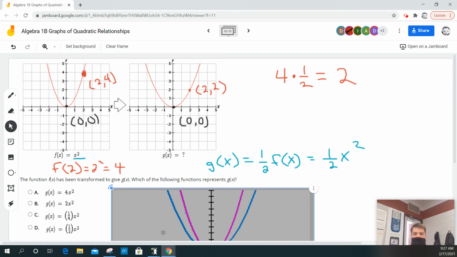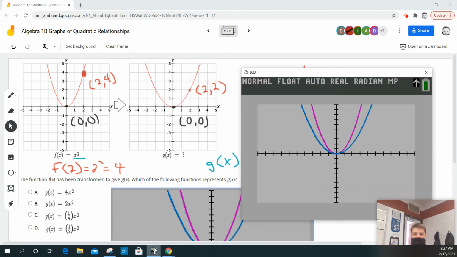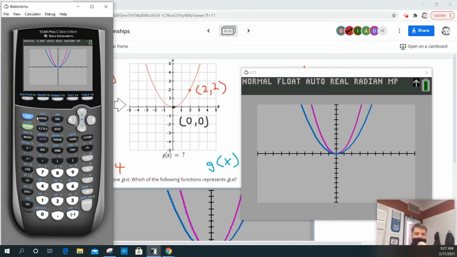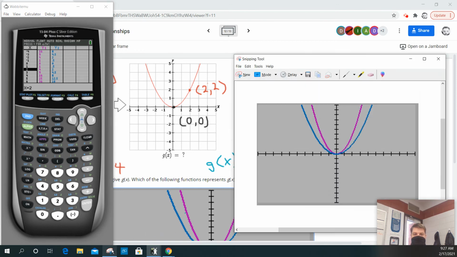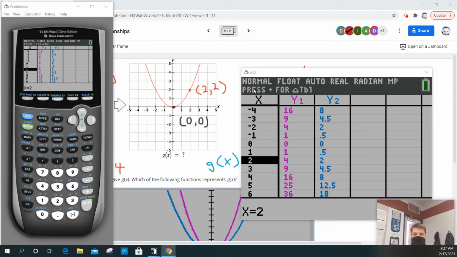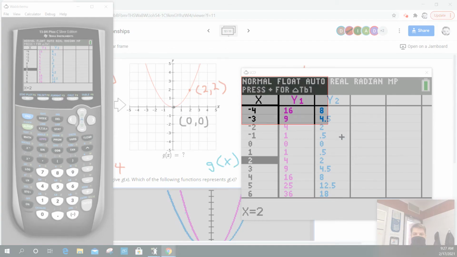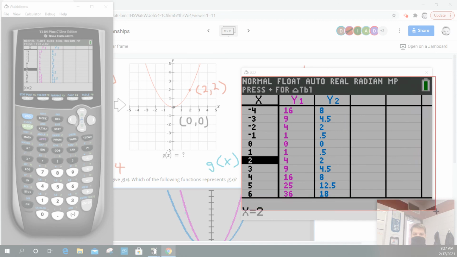And then the other thing I want you guys to see is that if I hit second table, I can look at the values by going down when x equals 2, notice that the value is 4 and 2. So that's important. I'm verifying, double checking, triple checking, making sure that when x equals 2,